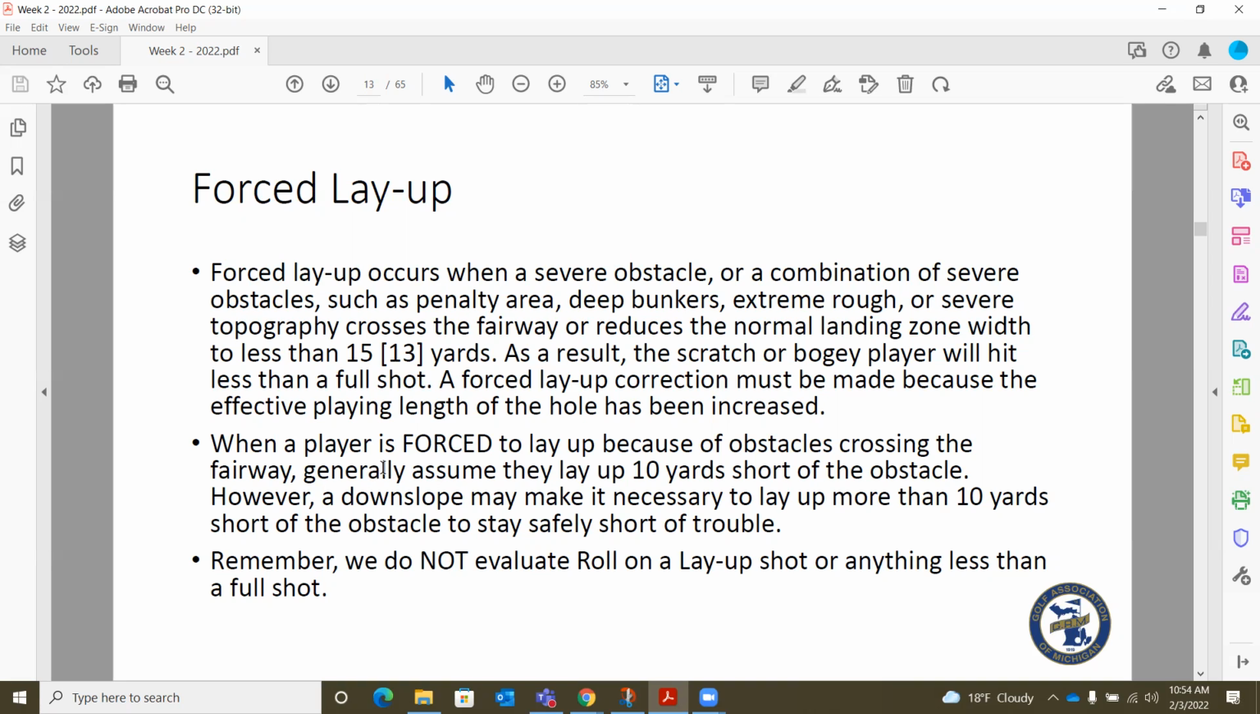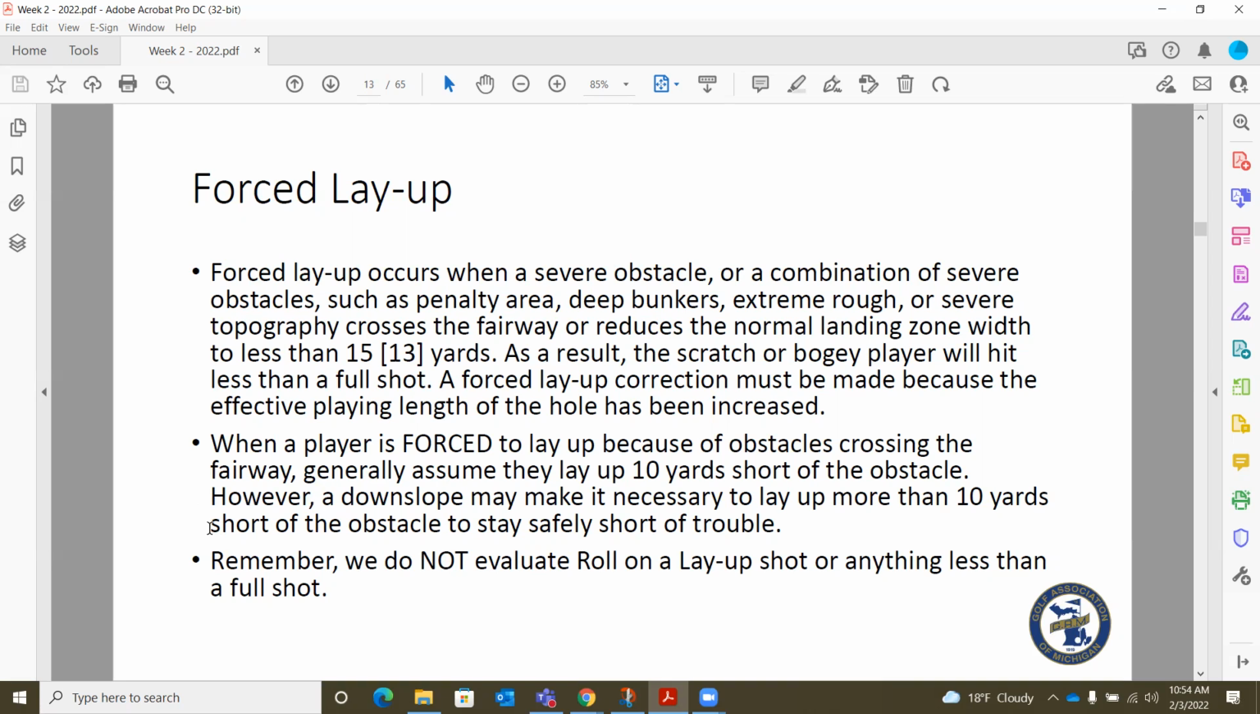And then when we do have a forced layup, we generally assume that they lay up 10 yards short of the obstacle. However, a downslope may make it necessary to lay up more than 10 yards short of the obstacle to stay safely short of trouble. And then last thing here,